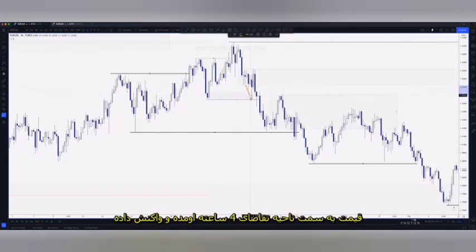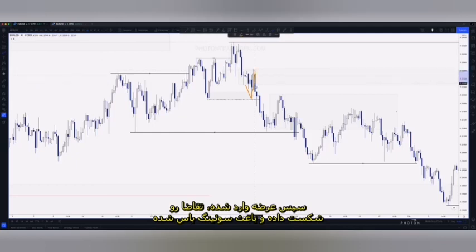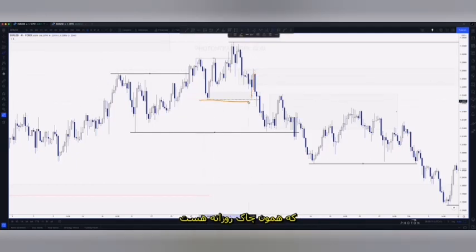Price comes down into that 4-hour demand zone. It reacts. Remember, the reaction is key. It fails to put in its higher high. It fails to do its job. Then supply steps in, takes out demand, and causes that swing breaker structure there, which is that daily change